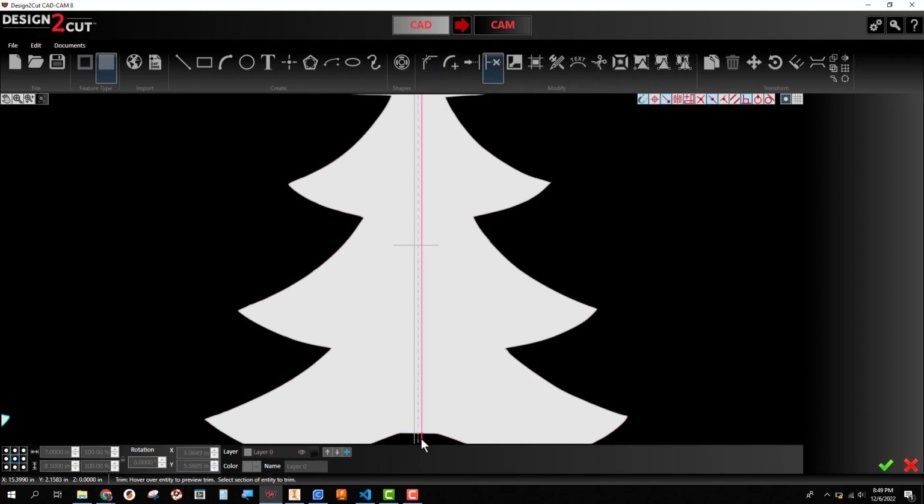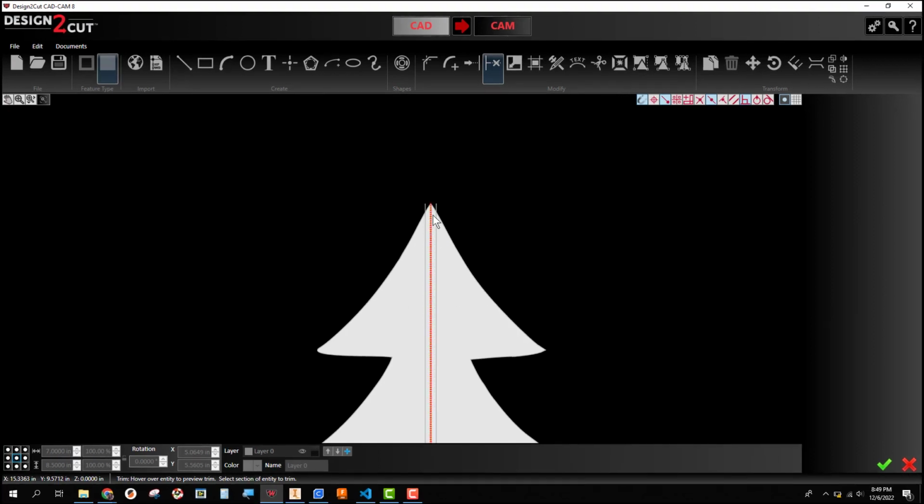So we're going to trim the bottom section of the line up to here, trim these outside edges, come up, we'll trim the top, and then again, you'd hit escape to get out of the trim tool, click on our outline, U for ungroup. Then we go back to the trim tool, and we can trim out